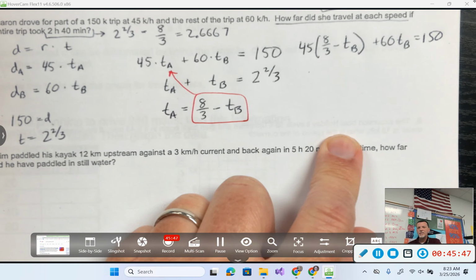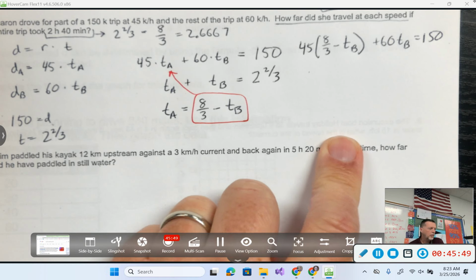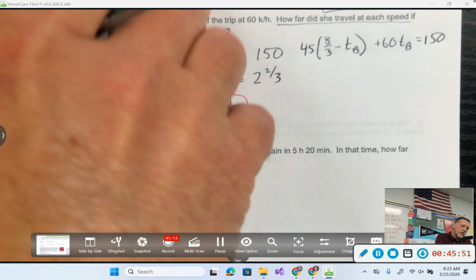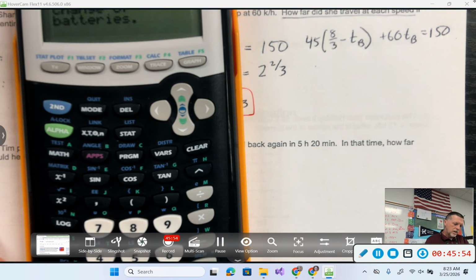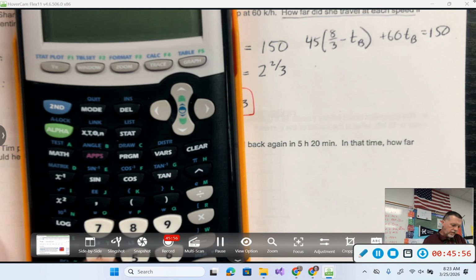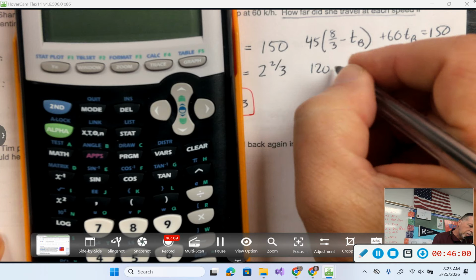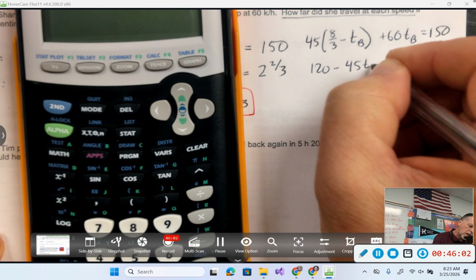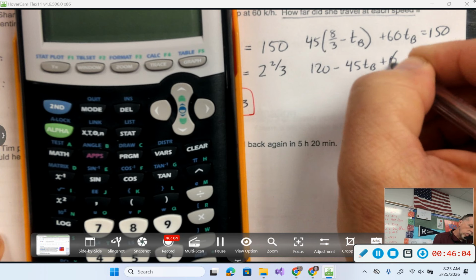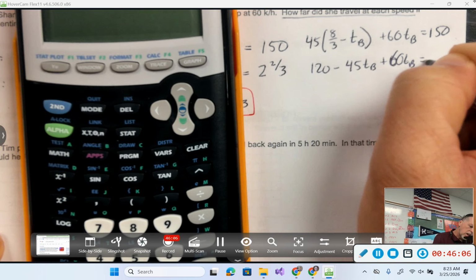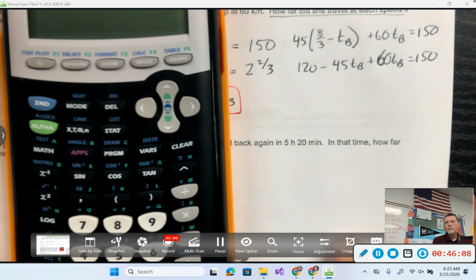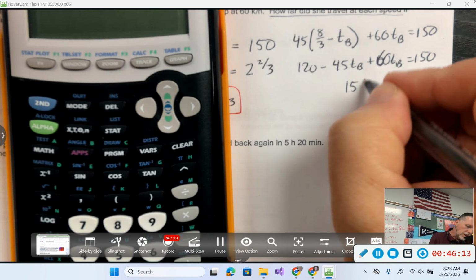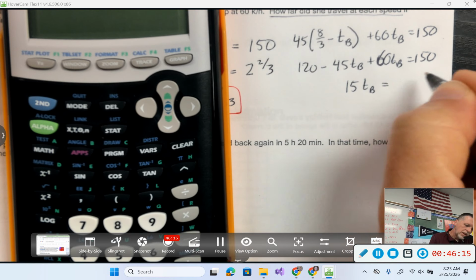Now this is solvable, especially with a calculator. 45 times 8/3. That's kind of nice. Fraction goes away. Yeah, now I'm just doing algebra 1. So 15 times time B equals